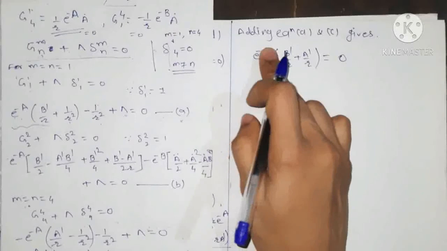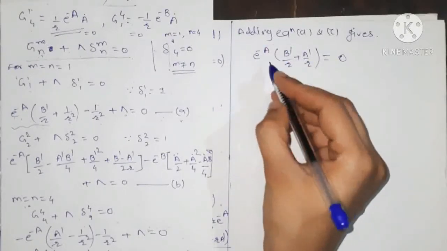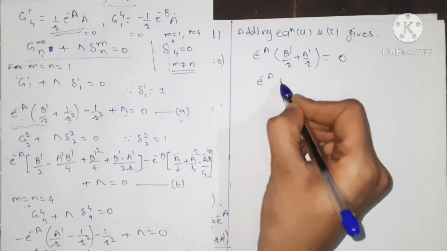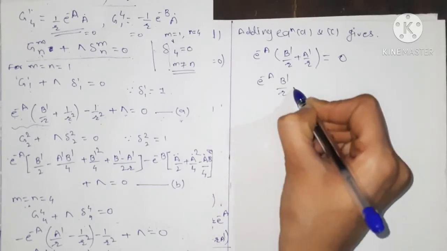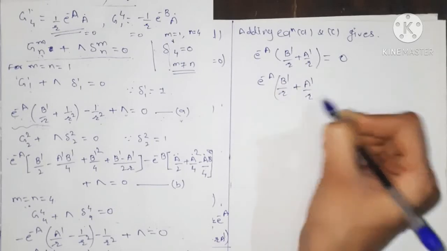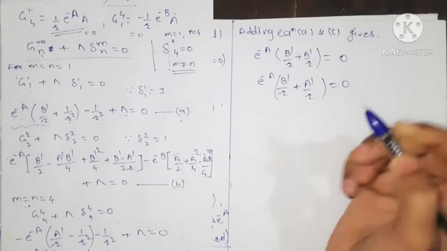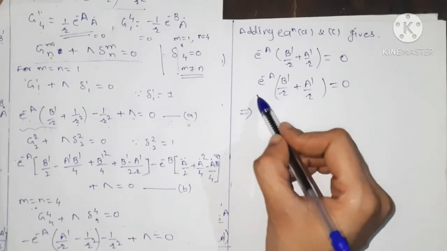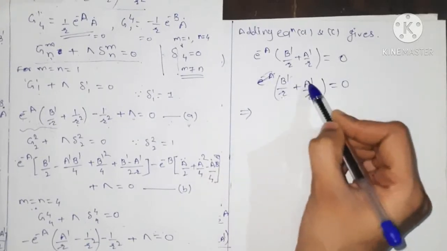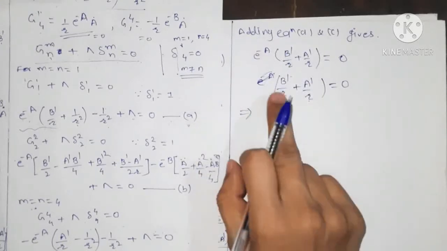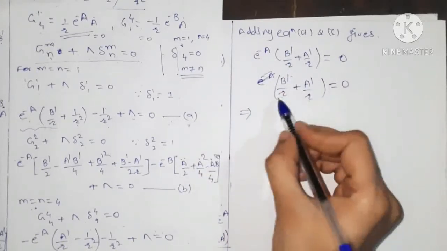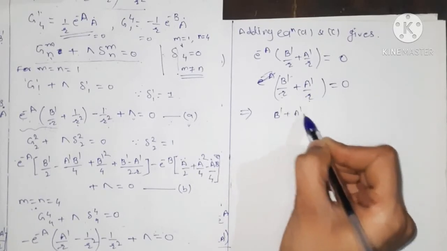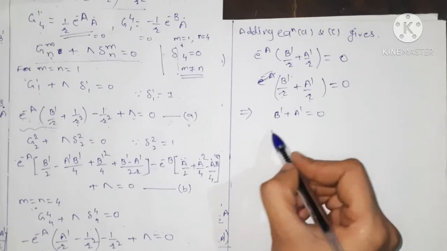But e to the power minus a is not 0, therefore b dash upon r plus a dash upon r equals 0. If we multiply this by r, this implies b dash plus a dash is equal to 0. And on integration,